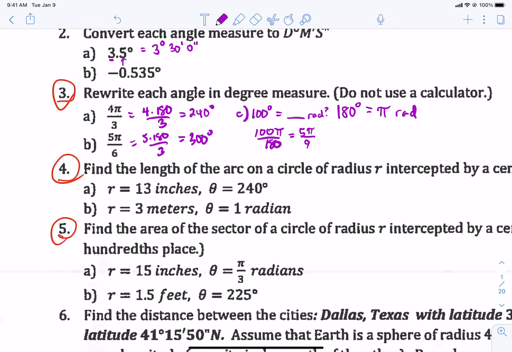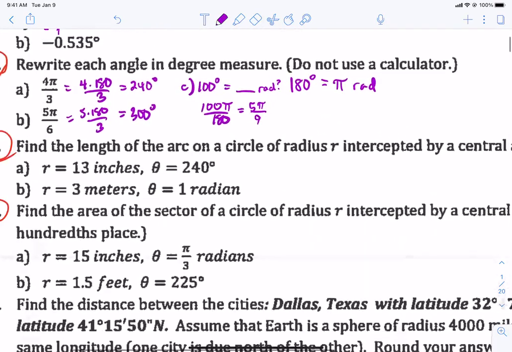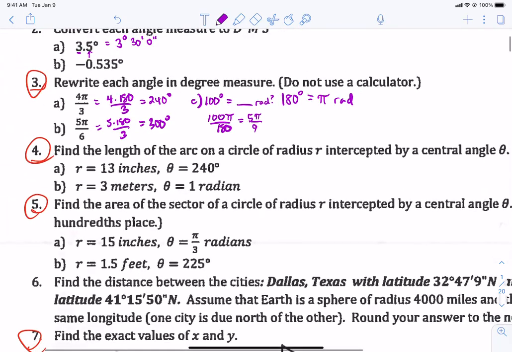Number 4 says to find the length of the arc on a circle of radius r intercepted by the central angle theta. Now, you might want to know that the arc length formula is r theta. So facts like 180 degrees is pi radians, s equals r theta, are things you would probably want to include on your review note card. So what do we have to do? Well, in 4a,